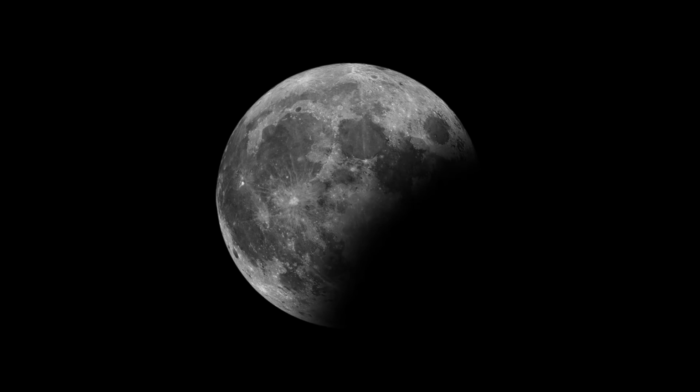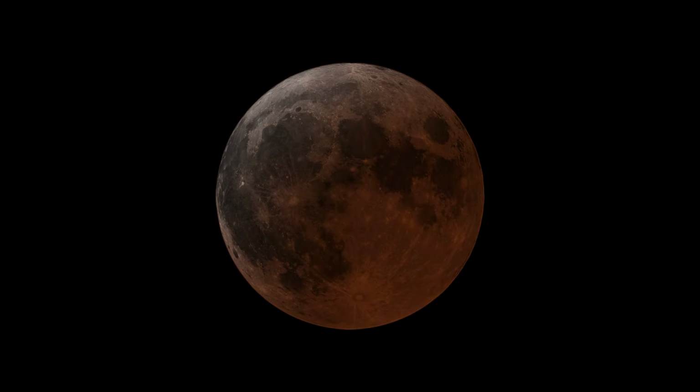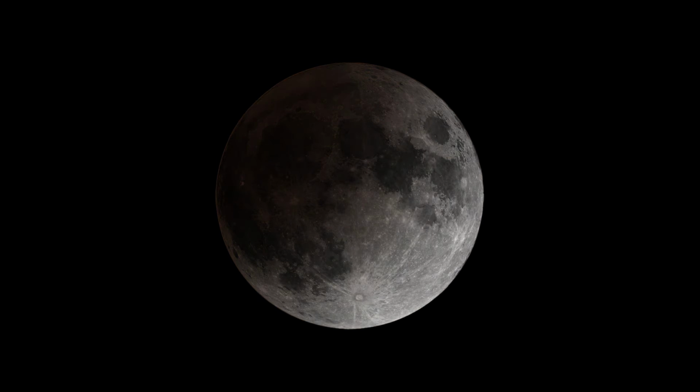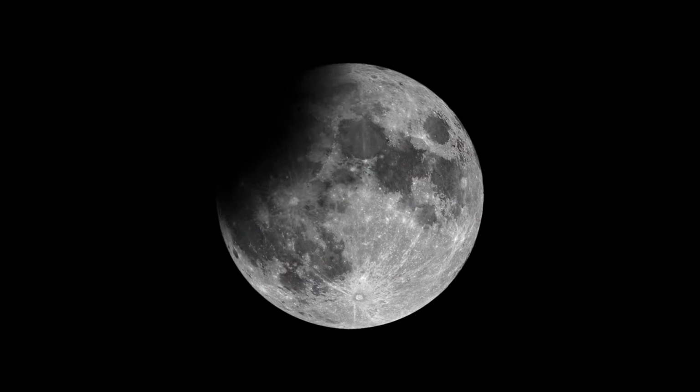Because here's the deal: the moon doesn't produce its own light. The moon is reflecting the light of the sun. Well, if it's passing through the Earth's shadow, it can't glow because it's got no light source. I mean, it does glow a little bit because some of the light is reflected around the Earth